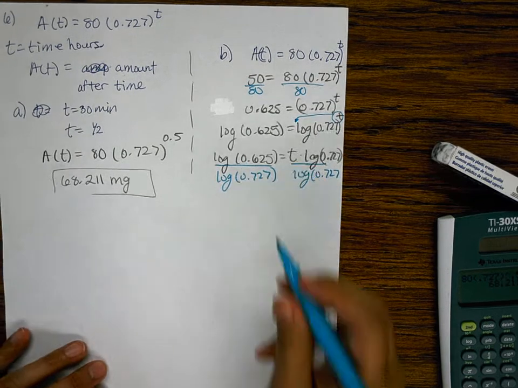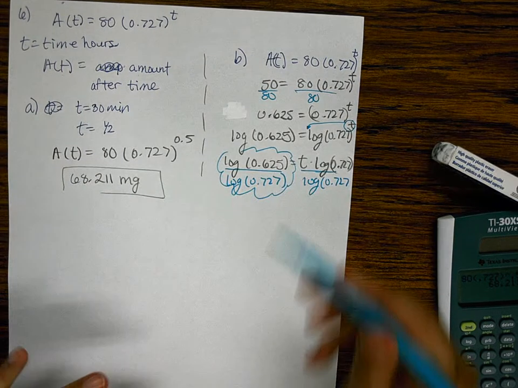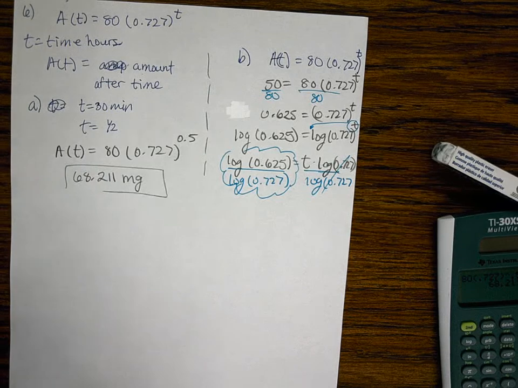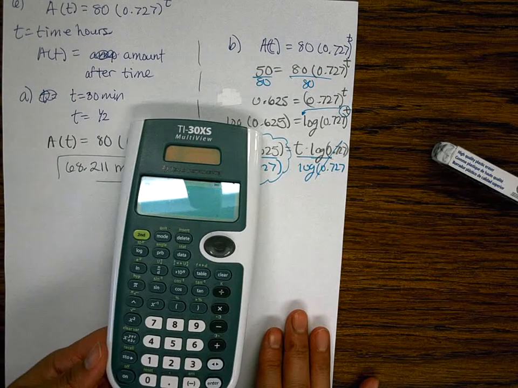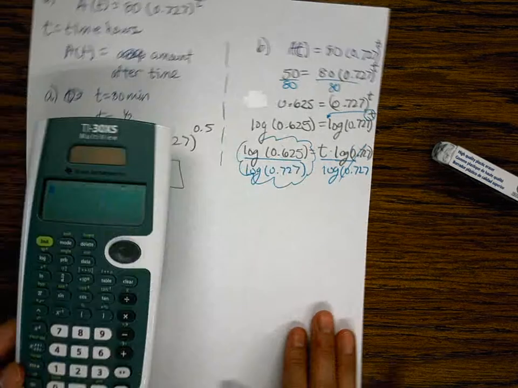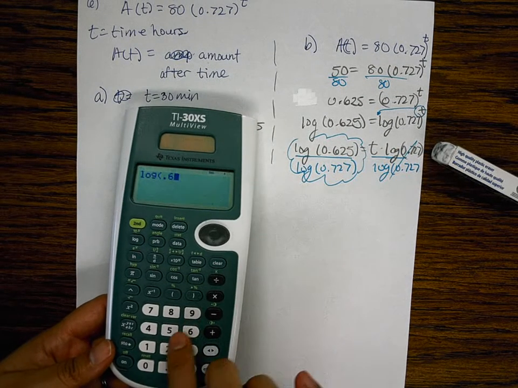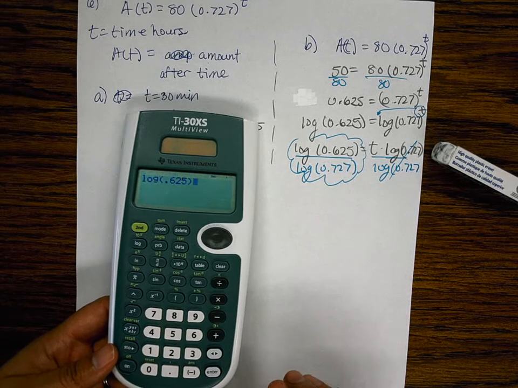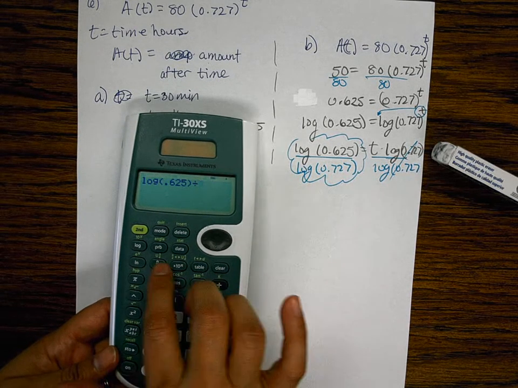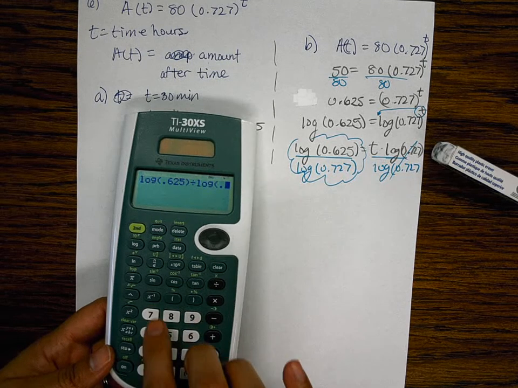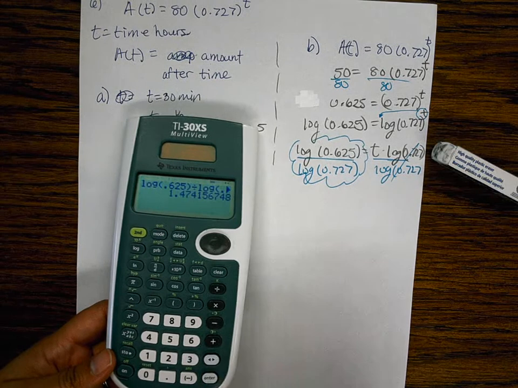And this right here is what I'm going to plug in my calculator to get t by itself. Okay, so let's get our calculators ready. And I am going to plug it in. What was it? Log of 0.625. Don't forget to close your parentheses. Divide log of 0.727, close your parentheses, that one's not necessary, equals